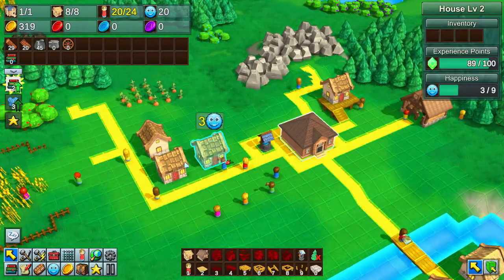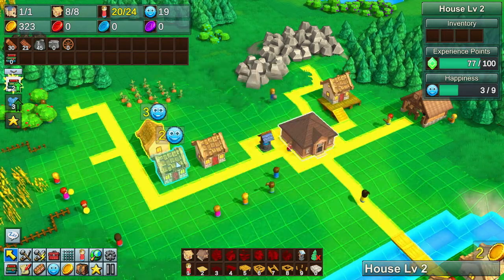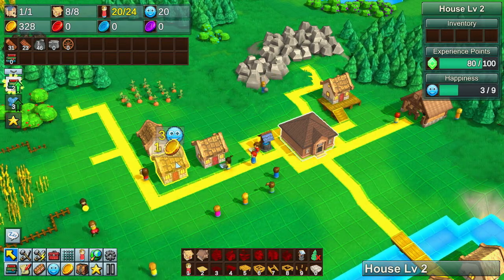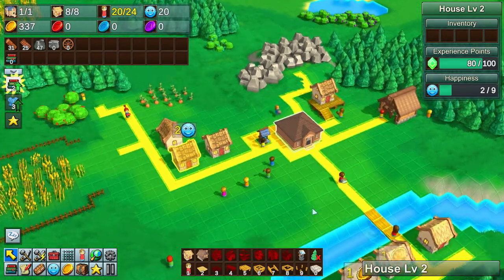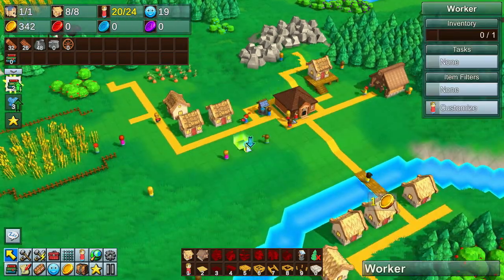So I think only 2 of these things are receiving water. The first one and that one. The one in the back is also receiving water. Oh, you know what? I guess they're just going wherever and giving water to the houses. I don't think they have to go to a specific one, because it's only 1 water requirement. Okay, so let's actually send this guy grabbing water over to that house. And then we can have this